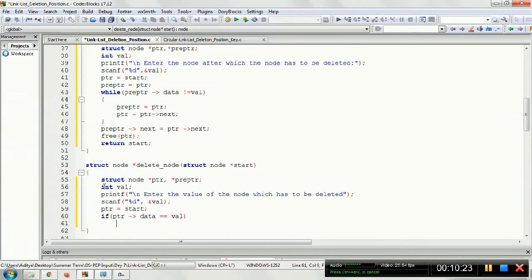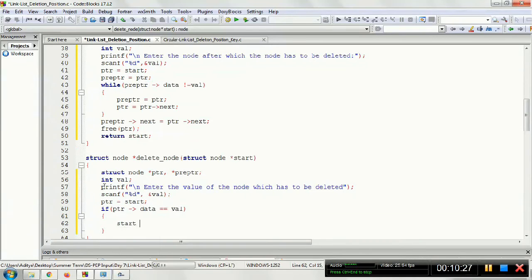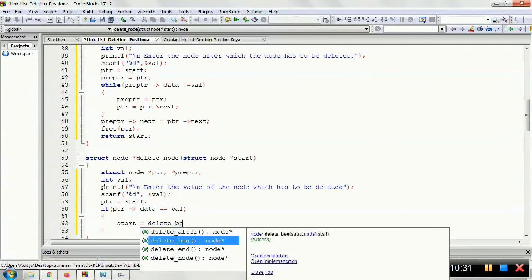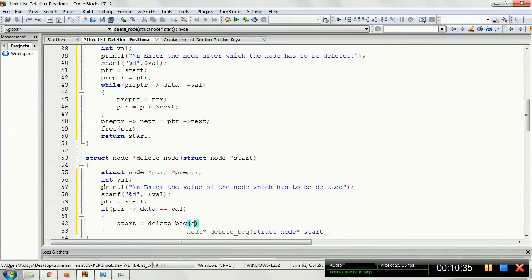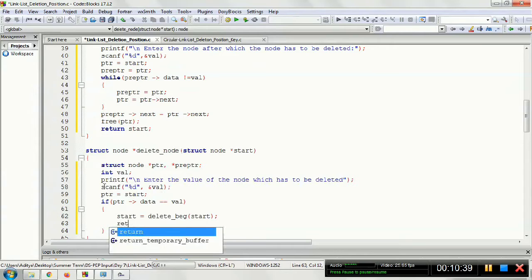In such a case, just call the delete beginning, because we already have this function. You can utilize it here. And then return. We directly return the start from here, and we are done.